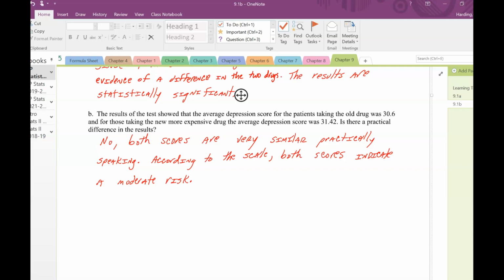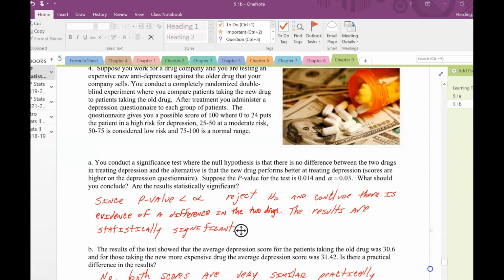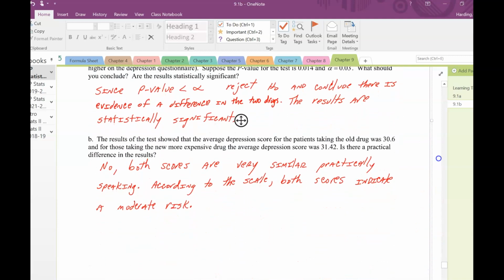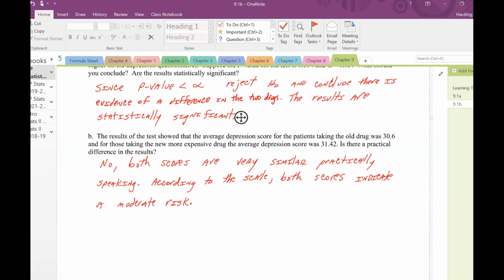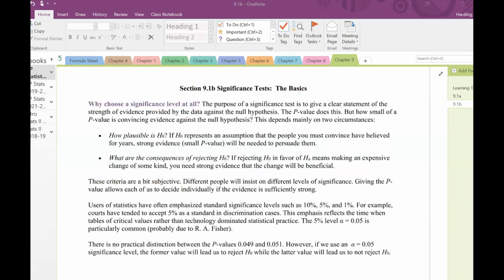Both are still at, was that moderate risk? Yeah, both of those are still at moderate risk for depression. So even though it's an improvement that is statistically significant, it actually doesn't really tell you much about the drug working better. In that last example, you notice that we used an alpha level or significance level of 3% as